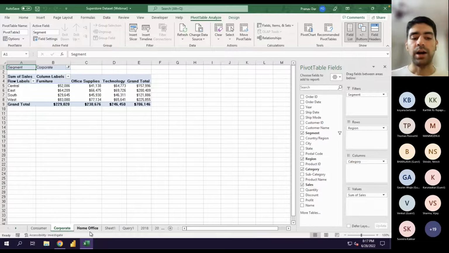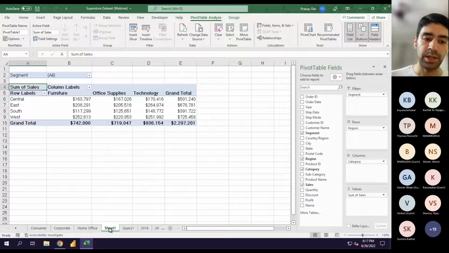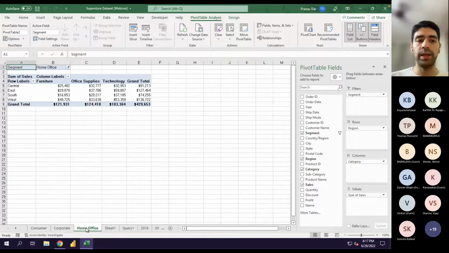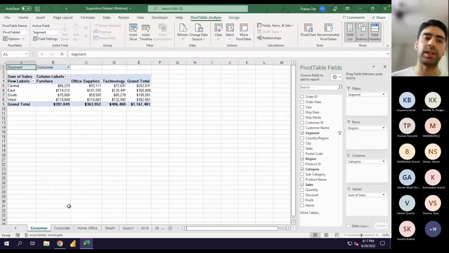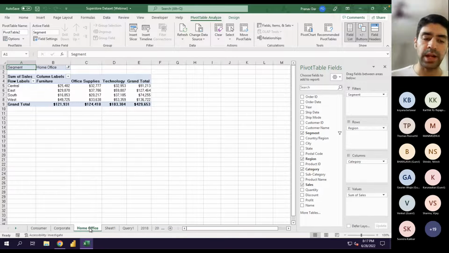So this is a way of duplicating your existing pivot table and applying a filter based on whatever you put in this filter section. So you can see your home office, corporate, and consumer. So instead of worrying about copy pasting it or creating new pivot tables, save yourself the time. If you want to look at and understand the different segments, different categories, different subcategories, different customers, you can put